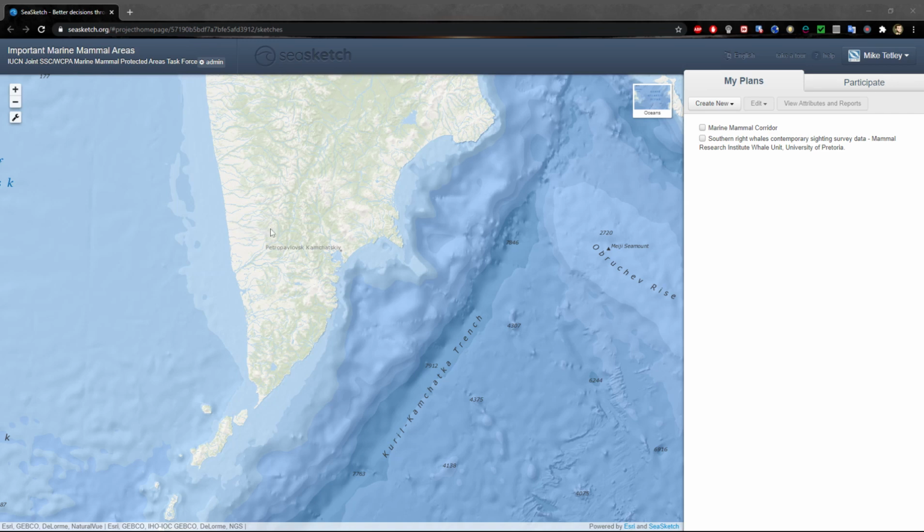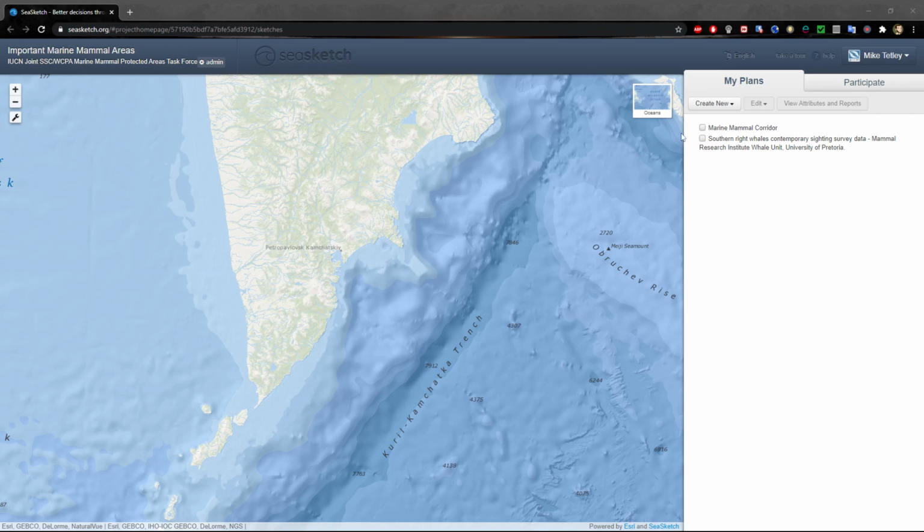So what I'm going to do is show you how you can very simply draw polygons in this process to be able to create and upload areas directly to us without any need to use QGIS or Google Earth or another mapping program. So this is all online. And also how you can use information which you might already have in a spatial format, such as from QGIS or another GIS program.